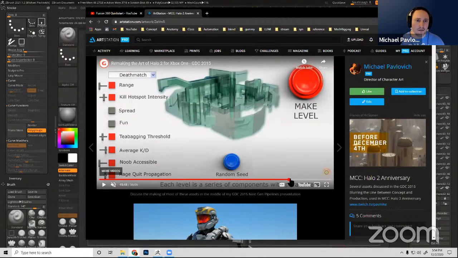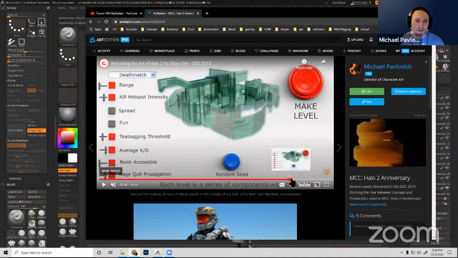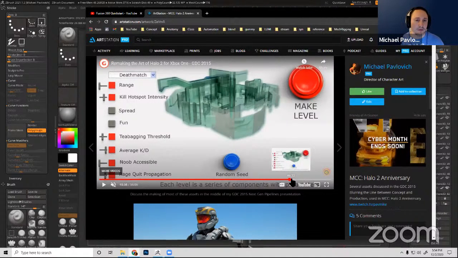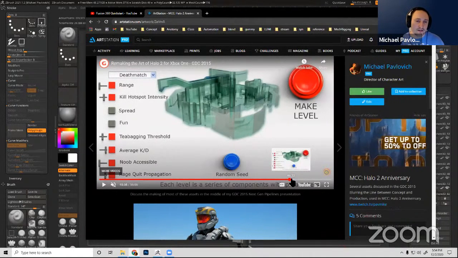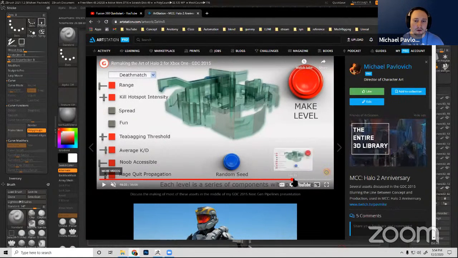Like, hey, make me a level, and I want this kind of level. I want to have this type of gameplay, and I want this kind of sci-fi, and it'll be able to do it. And I want it dirty, or I want it clean, or I want it swampy, or I want it,